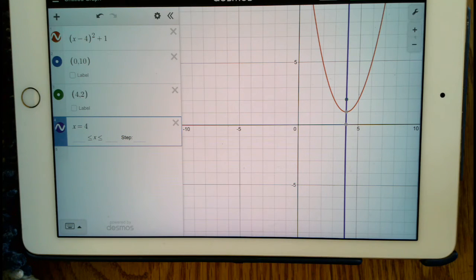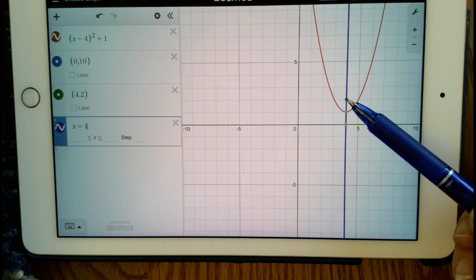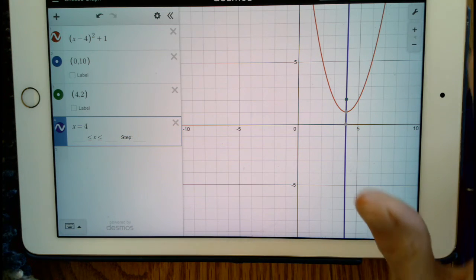Then the other part of it is the vertex. Well, the vertex of our first function is here at (4, 1). It is lower than this green point here. So when we go back to Edmentum to answer our question,